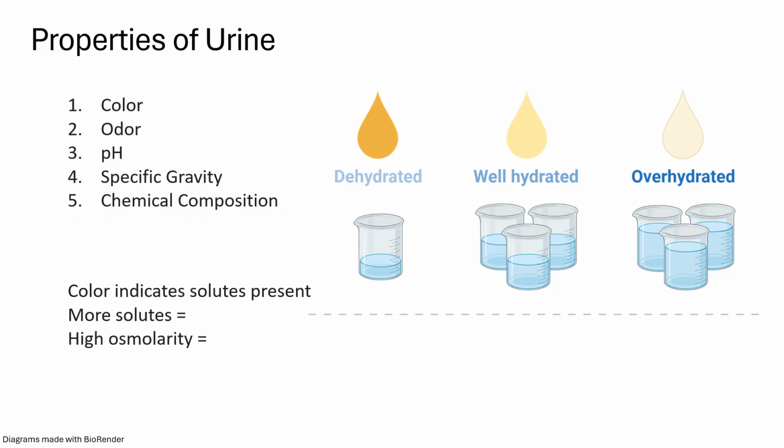I find that students, when considering urine osmolarity and pH, get very mixed up as to what's in the blood and what's in the urine, which should be opposites usually. For example, urine that has a high osmolarity is very concentrated. So highly concentrated urine would be from someone who's under the influence of ADH and someone who is desperately trying to